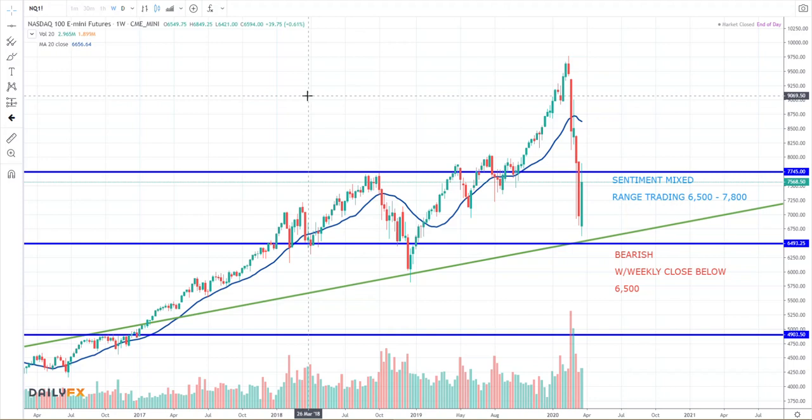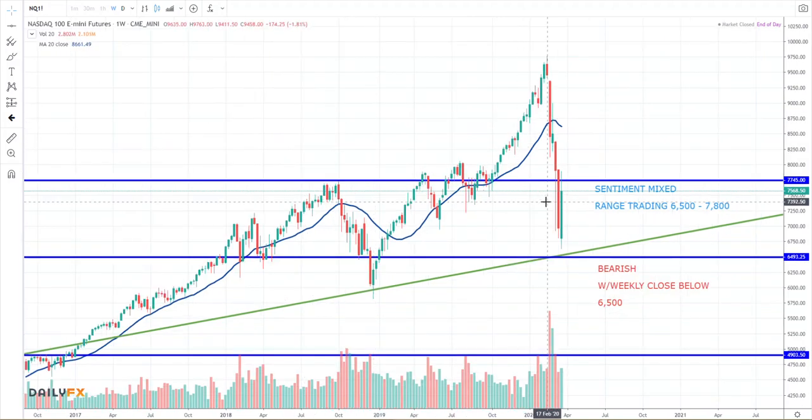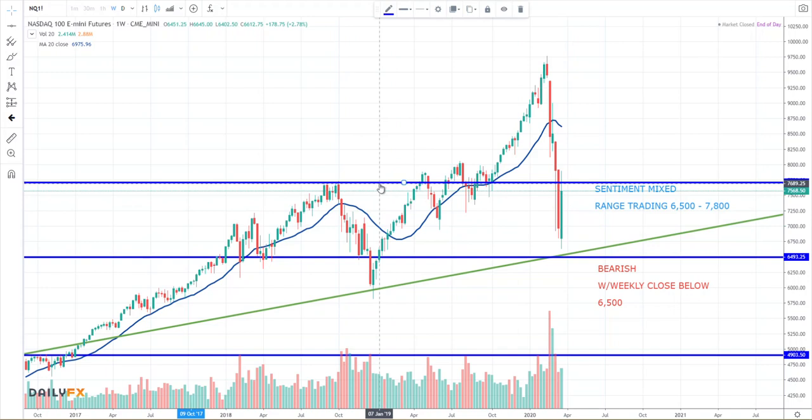Okay, so this is a weekly chart, meaning each one of these candles represents one week of price action. And we saw last week quite a bit of bullish activity. Just like on the Dow, we saw a bunch of buying happening, people looking to buy the dip. And we'll see if it holds true. But just as with the Dow, we still need to see more buying happen to really call this the V